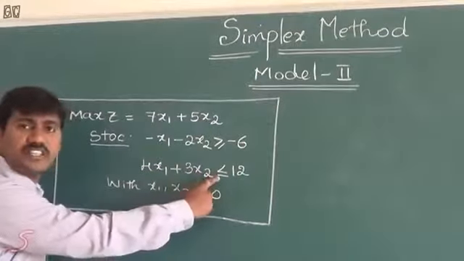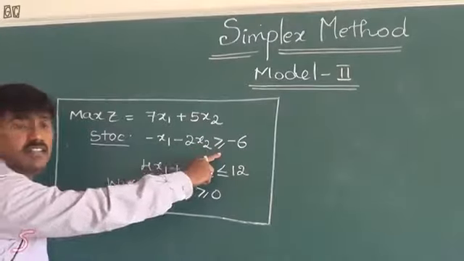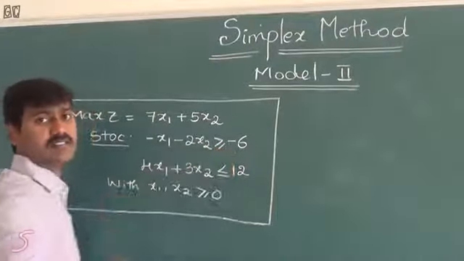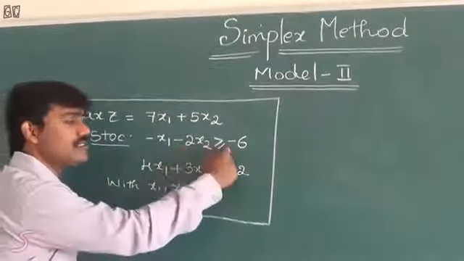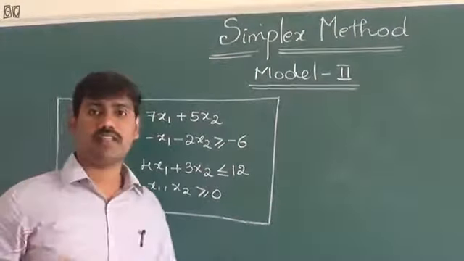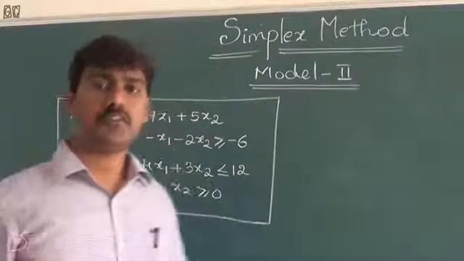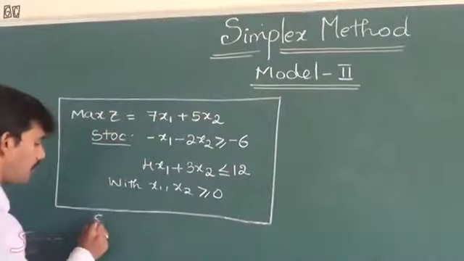The second constraint is in the form of less than or equal to type, so no problem there, whereas the first is in the form of greater than or equal to type with minus. So first we have to change this greater than or equal to type into less than or equal to. The most important thing for the simplex method is that all the constraints should be in the form of less than or equal to type. First of all, we are going to